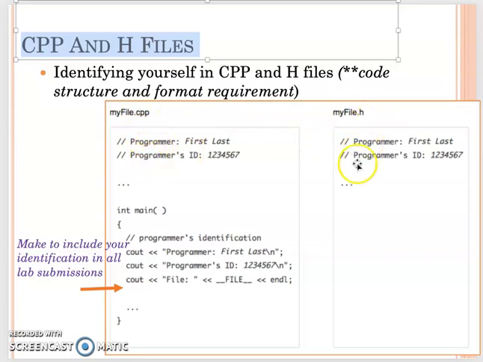At the beginning, please comment your first name, last name, and your ID. This needs to appear in all the source files. Then in your driver program, at the beginning of your main function, also include your programmer identification. You can simply copy these 3 lines. This is so that when I run your program, we will have some output. But since sometimes we might mix up submissions from other classmates,